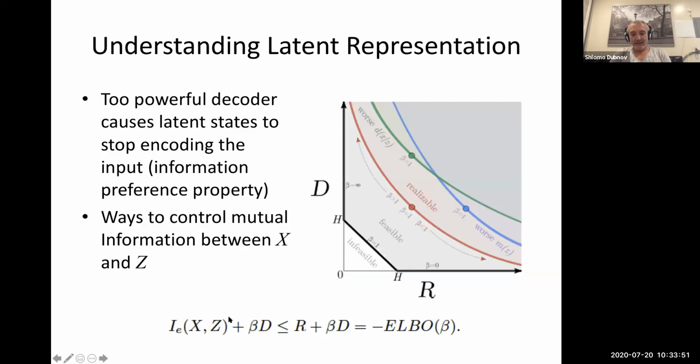So in the last couple of slides, I'm just trying to relate things to information theory and the ELBO approach, or variational encoding. I think this combination is really interesting because we presented them initially as two separate approaches.